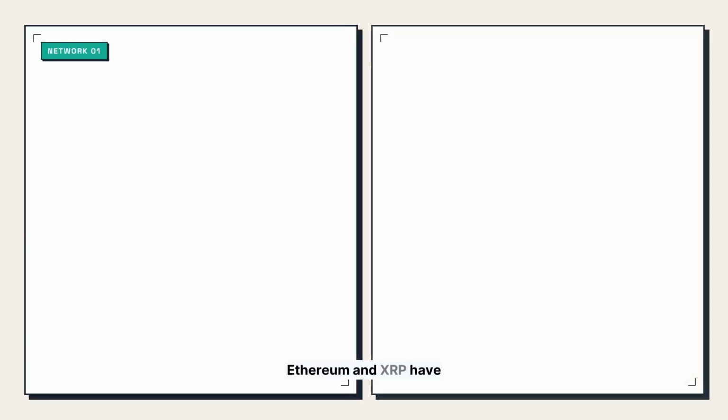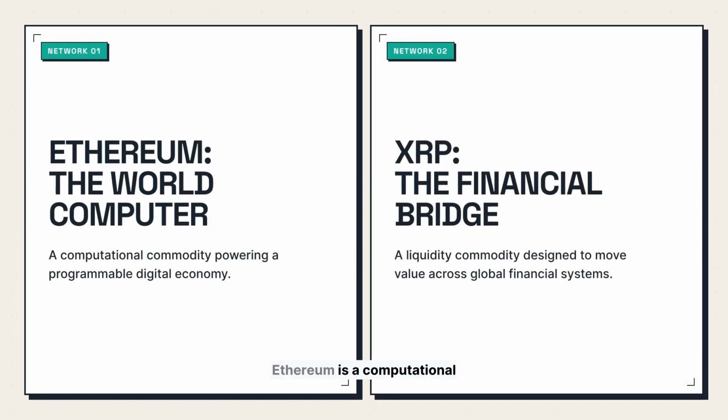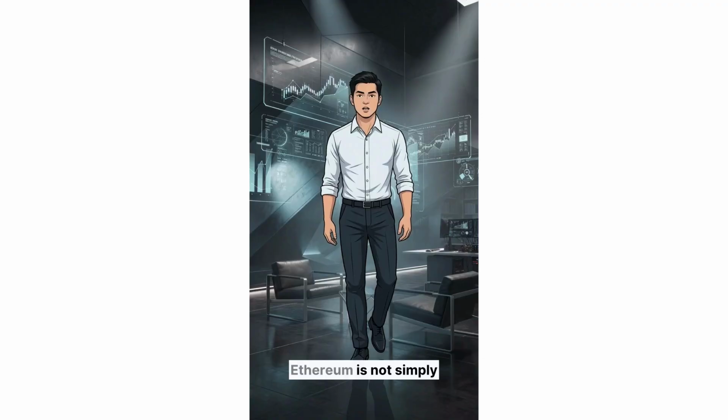Ethereum and XRP have very different functions. Ethereum is a computational commodity powering a programmable digital economy. XRP is a liquidity commodity designed to move value across financial systems. Ethereum is not simply a currency or a store of value. Its network is a global, decentralized computer, and ETH is the resource required to power that computer. It functions like digital oil for a new economy, where demand rises with smart contract activity, DeFi, and Layer 2